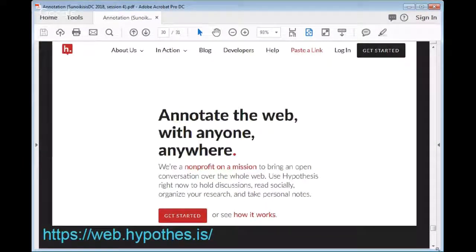So for the exercise, we wanted to suggest, and we can talk about that a bit more if other people have suggestions for taking this further, that you find a page with some classical value. So maybe the page of one of your favorite texts in the Perseus Digital Library, or a papyrus in papyri.info, or an inscription in the Epigraphic Database Heidelberg, or something like that, and turn on the Hypothesis browser app and start annotating it and see what information you think it would be useful to annotate.